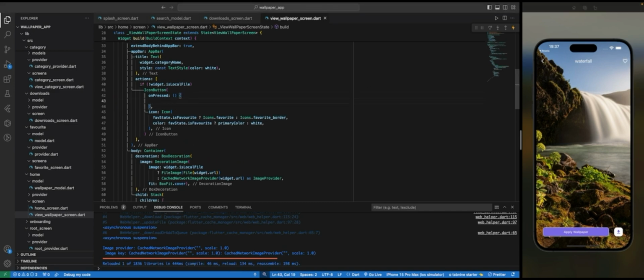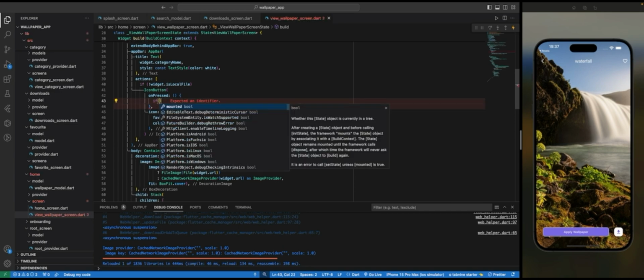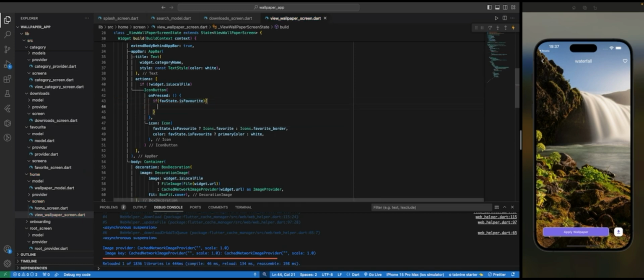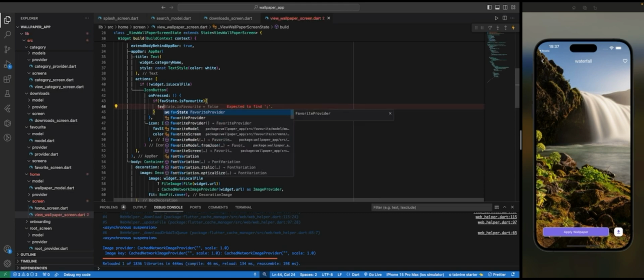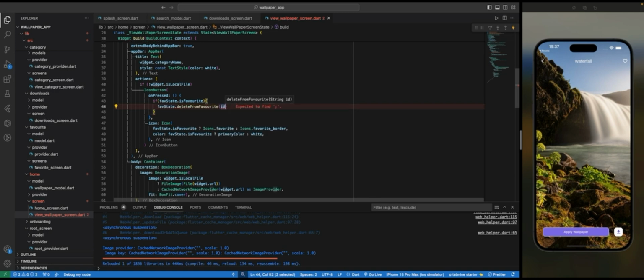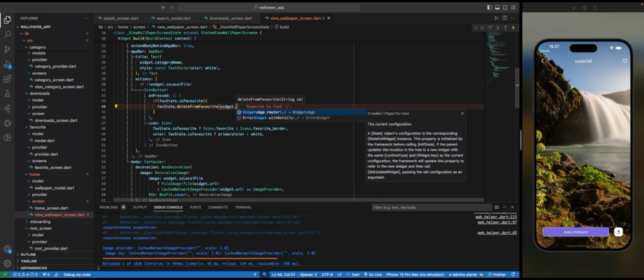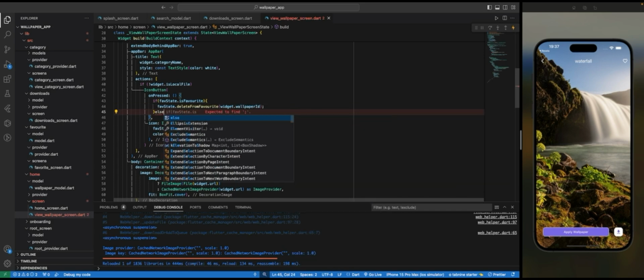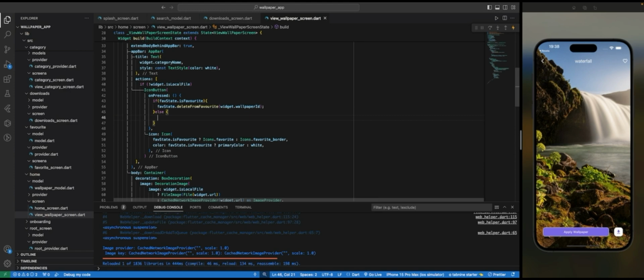Okay, so moving on, we need to add to favorite. So first thing we need to do is to check if favorite state dot is favorite. Okay, like if it's already favorited, right? If the user has added it to favorite already. So what we are going to do is to say fav state, right, dot delete from favorite, and the ID is going to be the wallpaper ID, right? Cool. Then else, if it's not favorited already, so what we are going to do is just